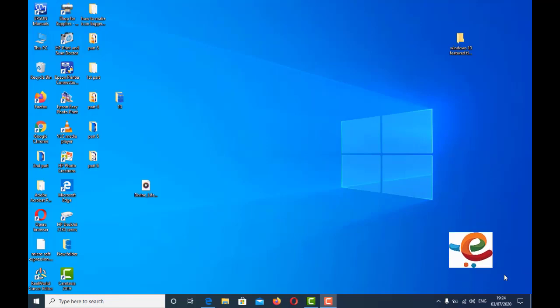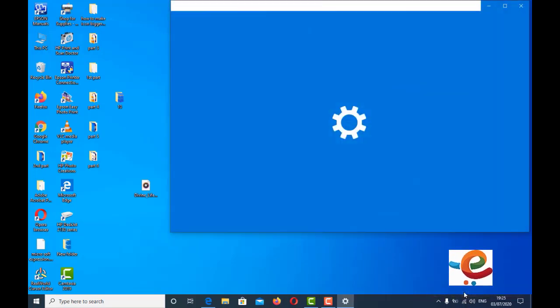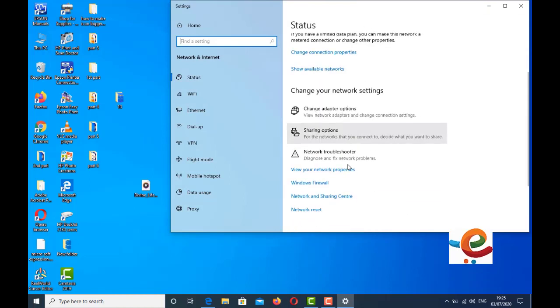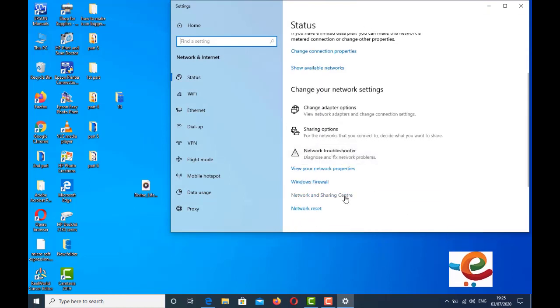Media streaming. Media streaming allows you to share your videos, photos, music with other people on the local network. Just go to internet access, right click, open network and internet settings, Network and Sharing Center.